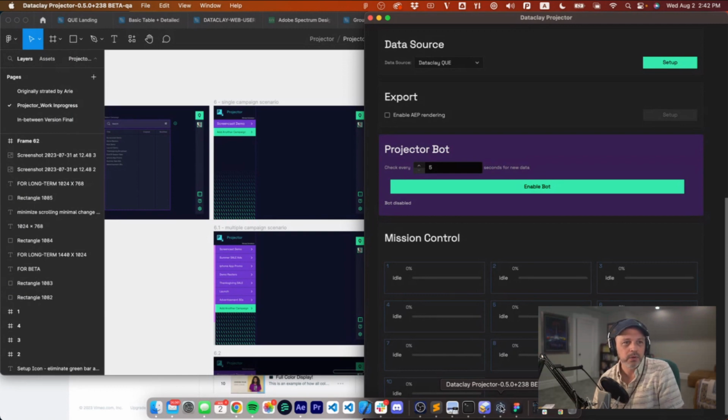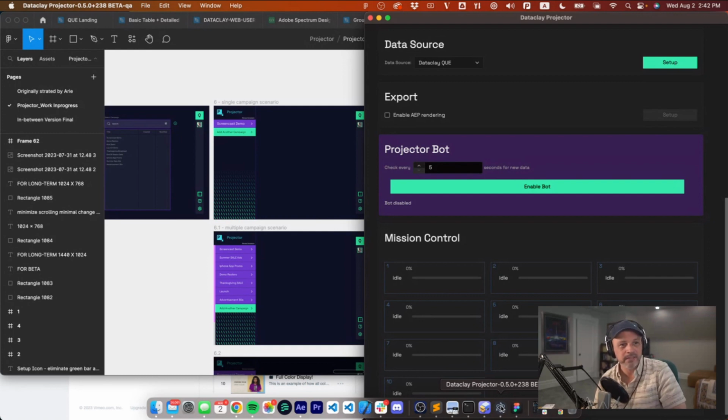Another question I'm seeing: will there be a CLI version of Projector? That is a great question. I don't think we have that in store for general availability. We won't have that on our list, but it is certainly a good idea, similar to Templator.